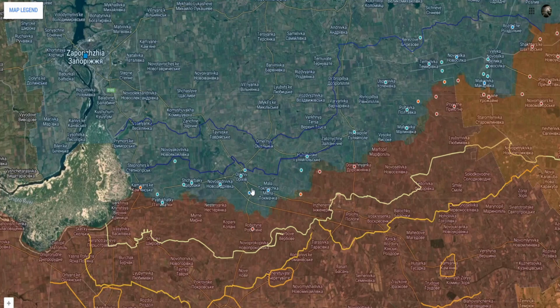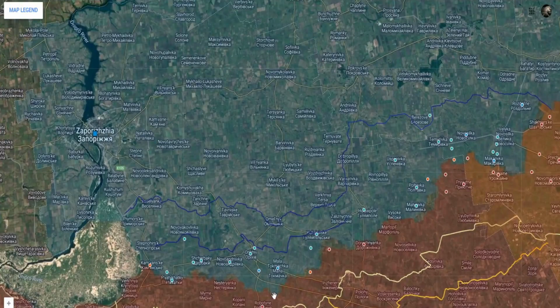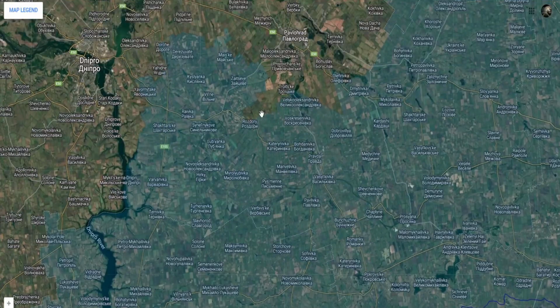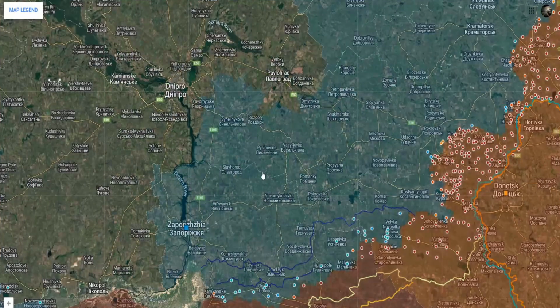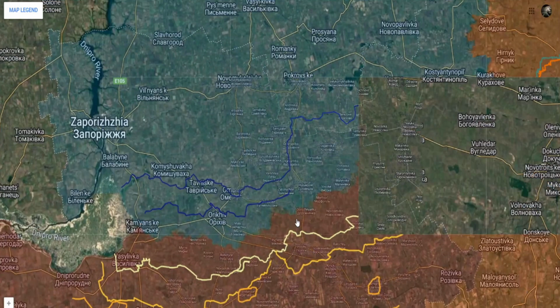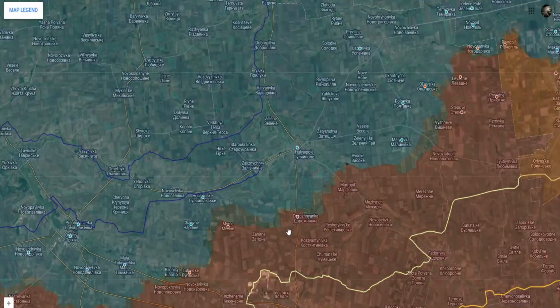And again, I don't think any offensive operation here is going to be fast-paced. It's going to be a slow grind like we see in every other direction. So it's not like we'll know the offensive starts because there's a giant mechanized offensive to break through to the other end of Zaporozhye or something. I think it's going to be a slow grind here, and we actually, according to some mappers, there's been some